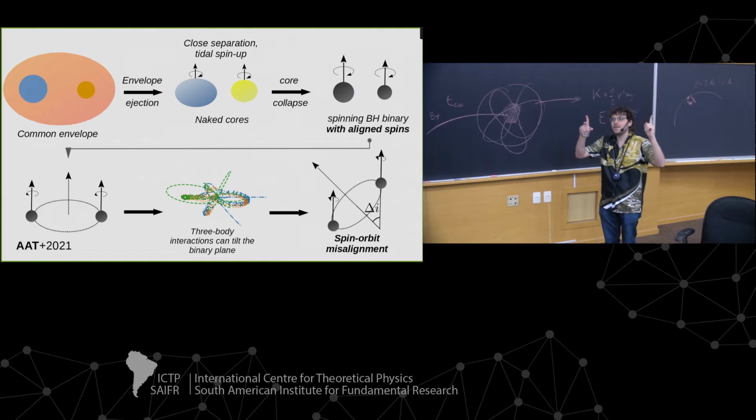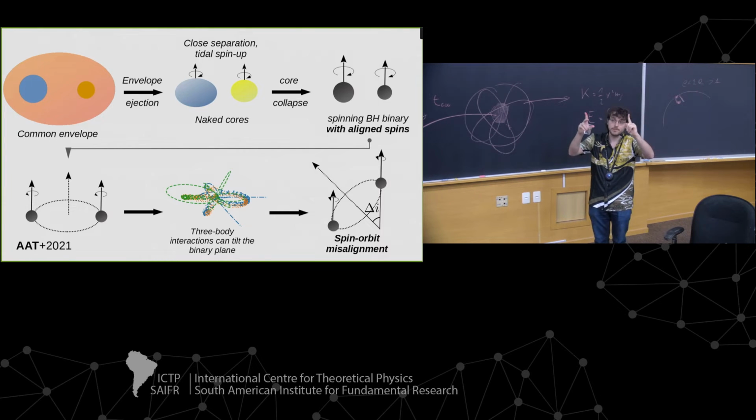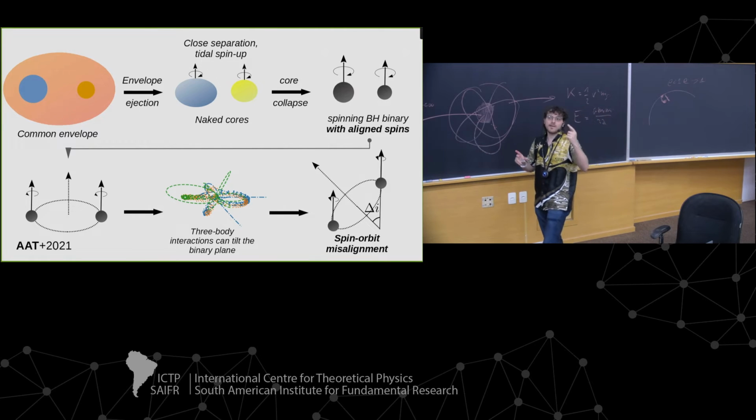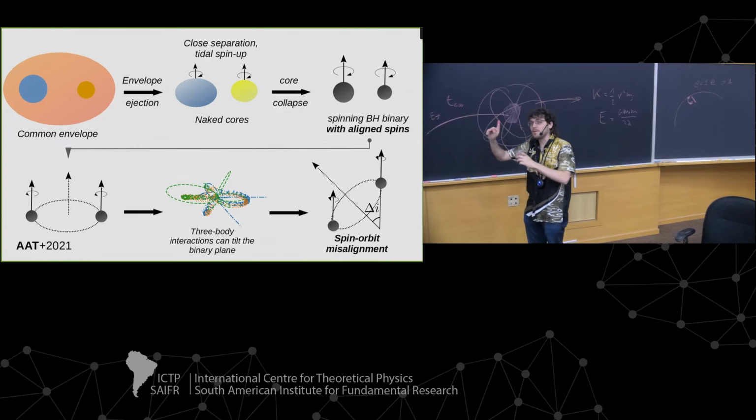Okay, and if they have aligned spins, it means they are correlated, and this should have positive chi-effective, with no obliquity. But if these primordial binaries are part of the cluster, they might get perturbed by other tertiary bodies. And so in principle, this can generate some spin-orbit alignment. So actually, no, spin-orbit misalignment. So you can perturb the binary orbit. The spins will remain the same.